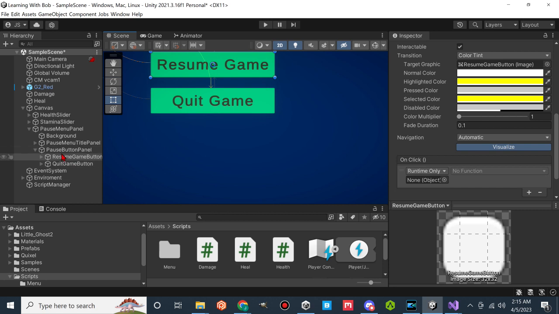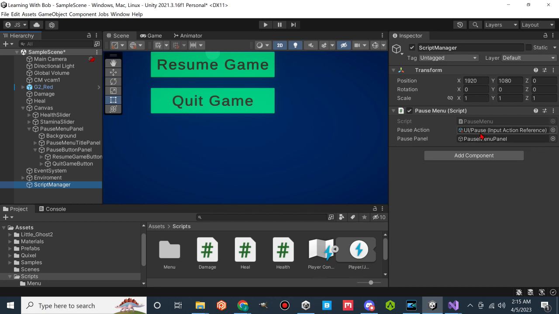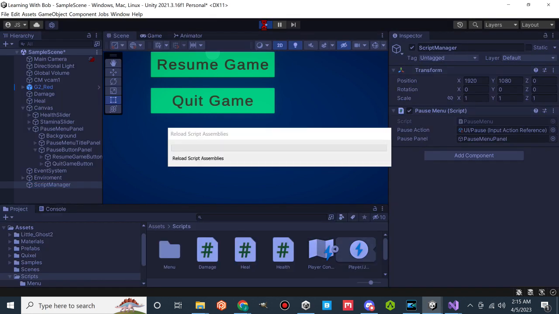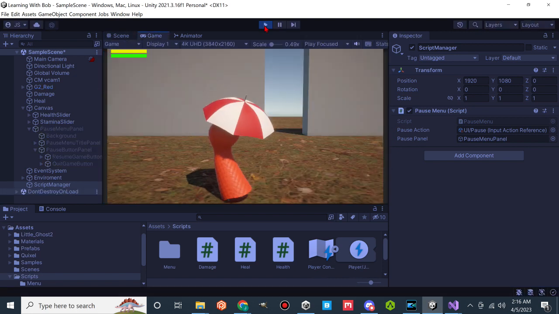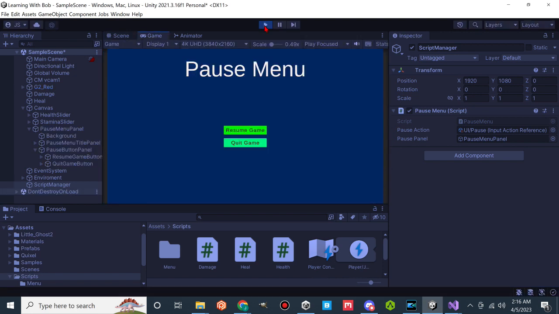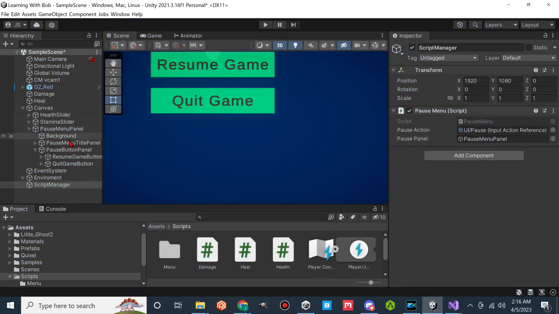So let's go ahead and test this out now. Make sure I've got everything set up here. We got the script manager, we got the pause manager. So when we hit play, it should automatically deactivate our pause panel since we've got that set in the start. And you'll notice that it works perfectly with escape, and it did highlight the resume game the way we wanted. The only problem is we can't resume the game or quit the game,